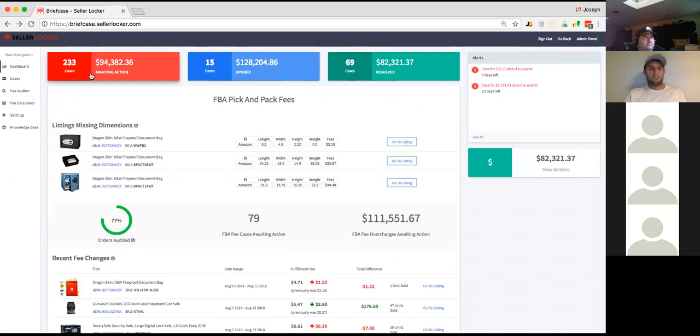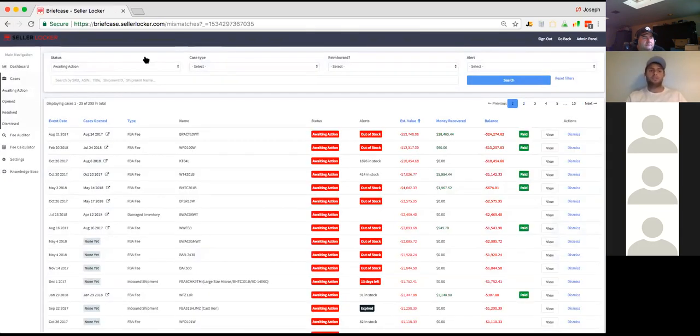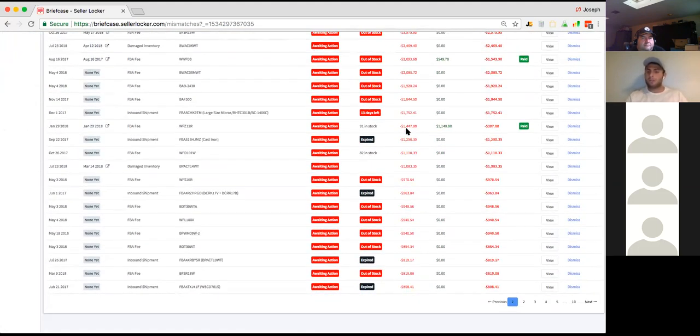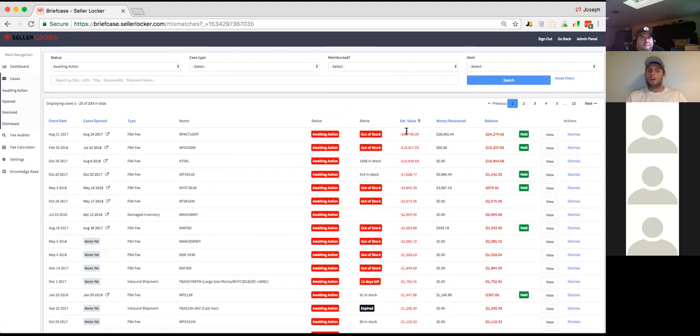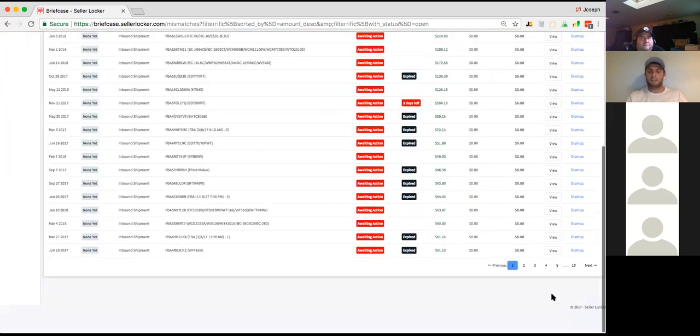So next, typical daily workflow, you would jump in, see if there's anything recent, maybe put in a dimension if you have it. If not, you would jump into the awaiting actions tab. This is all of the discrepancies that Amazon has in that we said that there are in the system, sorted. You can sort it however you'd like, but by estimated value in this case. So if I only want to look at the bigger cases first, because I want to go after these big $10,000, $15,000 cases, a few $1,000 cases, or maybe I feel like I want to go after the small cases first,